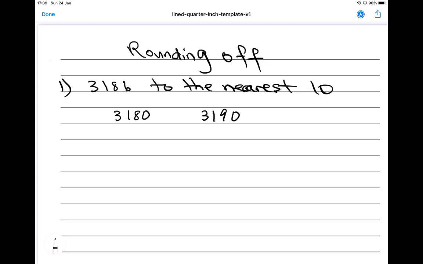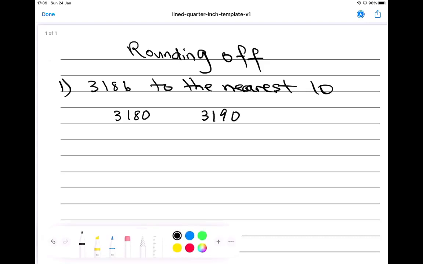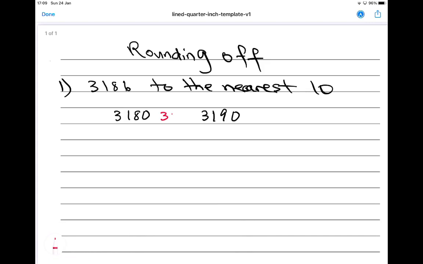Now the number 3,186 lies between these two numbers. So somewhere in between there we have 3,186. Right, imagine a number line between 3,180 and 3,190. Which of those two is 3,186 closer to? You will agree with me, it's closer to 3,190